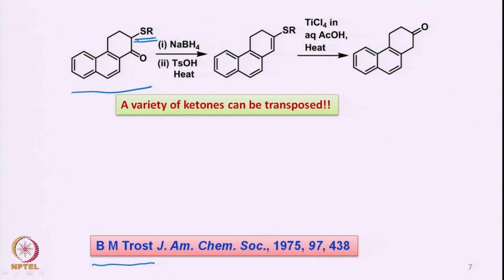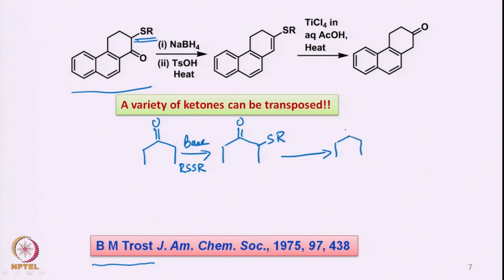So if one takes any keto group here, say like this, and introduces by means of say a base and SR, then you can introduce here SR, and now you reduce it to the corresponding alcohol by means of say sodium borohydride,